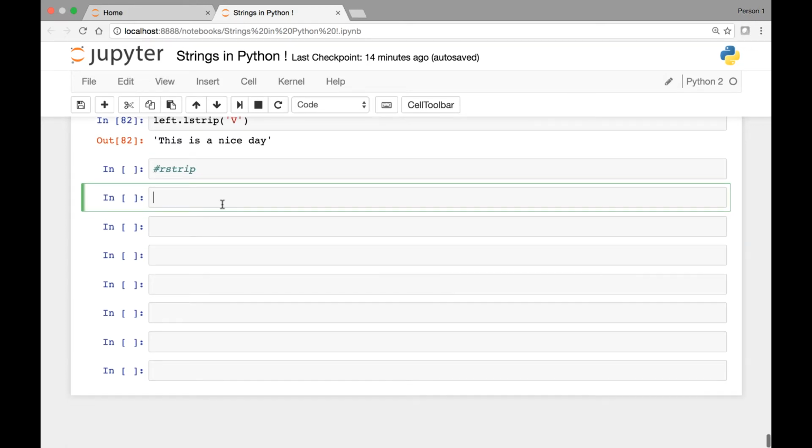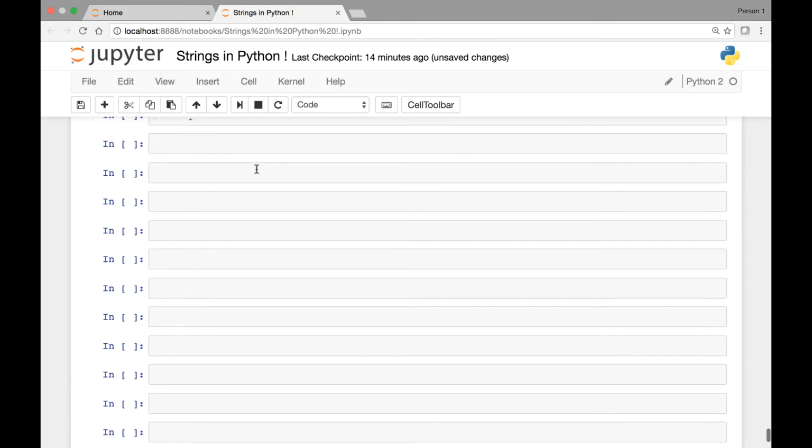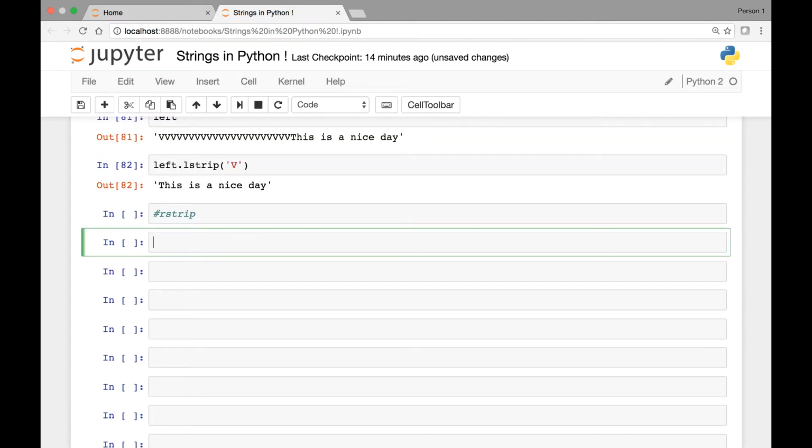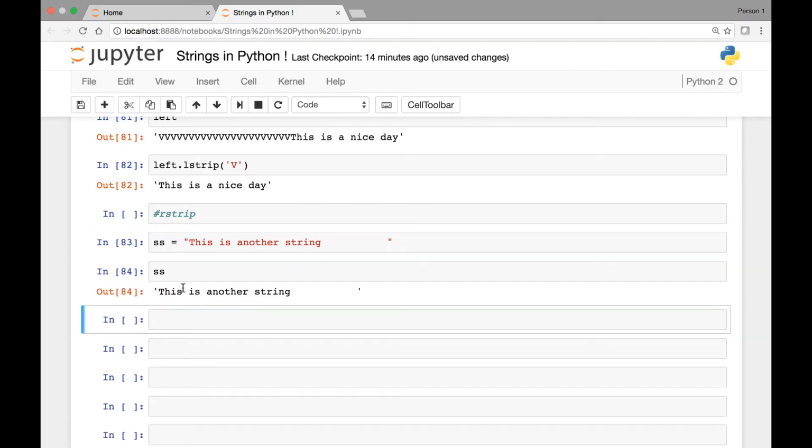By default, it removes empty white spaces. Let's look at an example. Let's say we have a string and save it in a variable ss. This is another string, and let's have a bunch of white spaces. Let's run it. If we call our string ss, we have this is another string and a bunch of